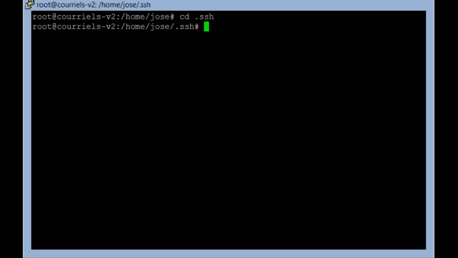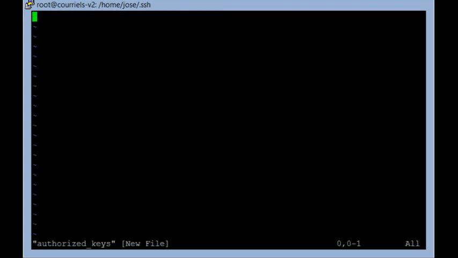Now I just type in vi authorized_keys. I just type in vi authorized_keys. Then I type in I so that I can insert something in the file.